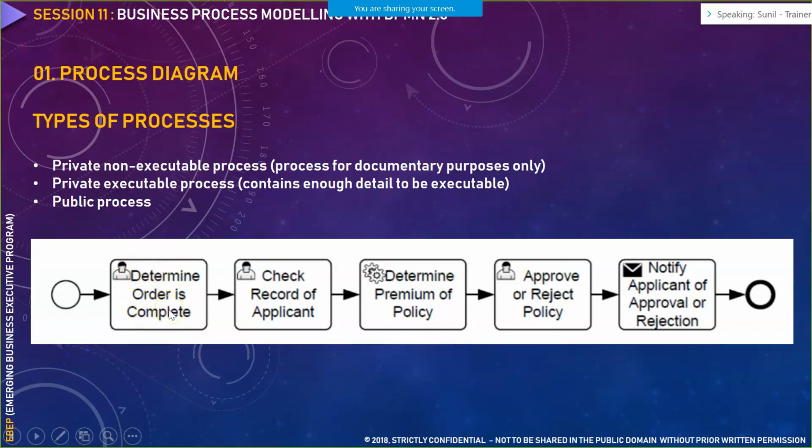With all the demographic information like name, your personal demographic information, what policy he is looking for, his driving license, his violation report, everything is given. After that, you check the record of the applicant, whether he is a good driver or not. Now who checks it? The underwriter checks it. This is something the insured, the person who is willing to purchase a policy, gives the information.